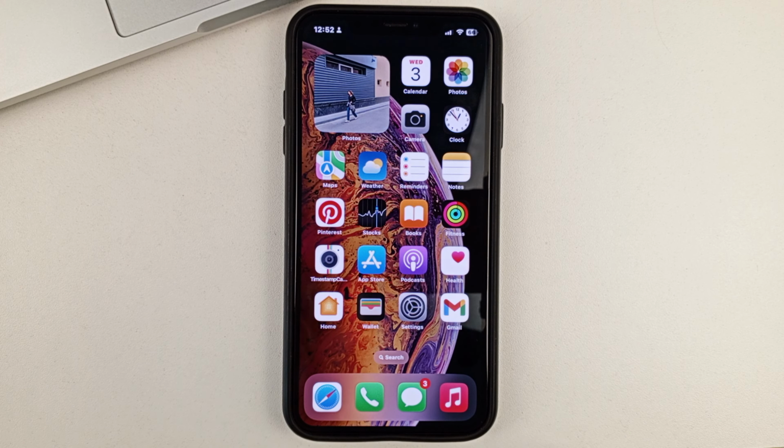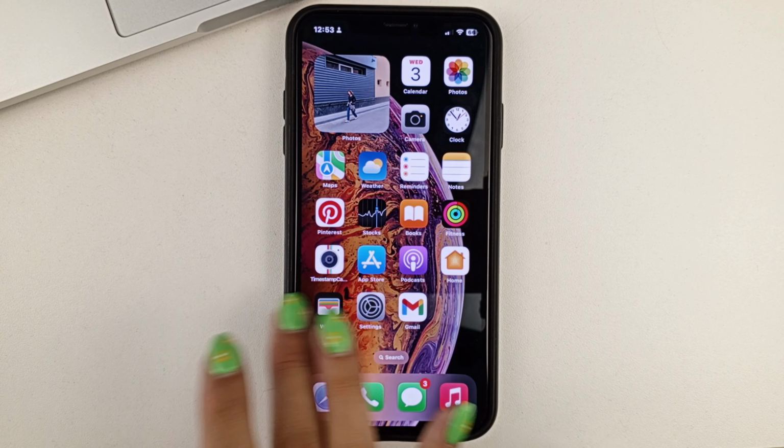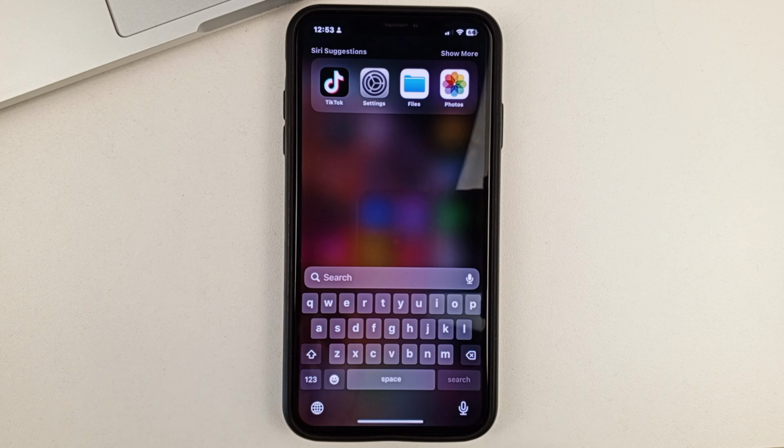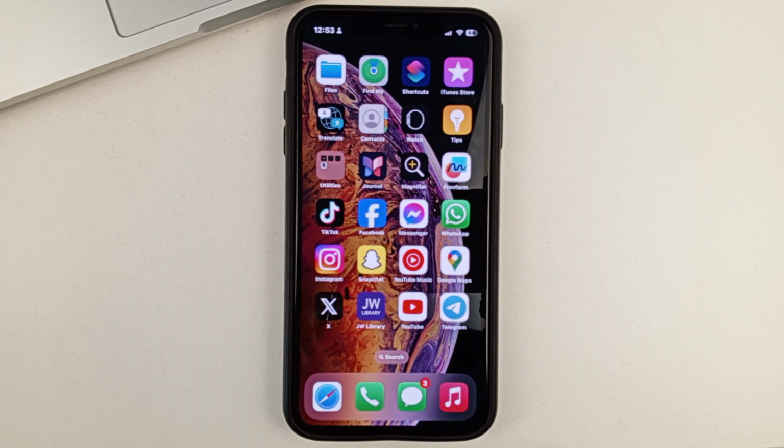Now you can go back to your home screen on your iPhone, and you'll see that after just a few seconds, the app disappears, which tells you that it's been deactivated. Now you won't be able to find it on your iPhone on any home screen or, let's say, through the app search bar on your iPhone.